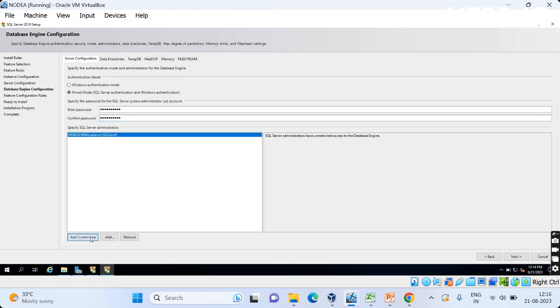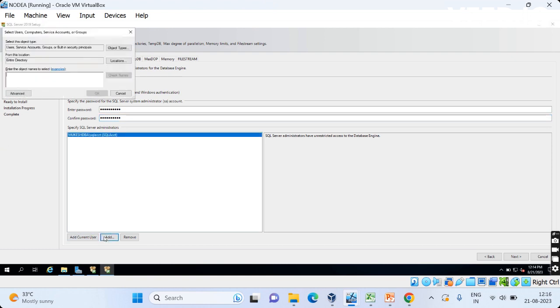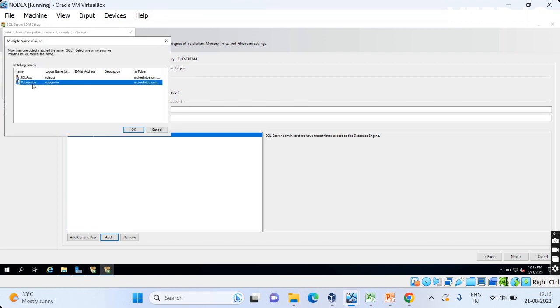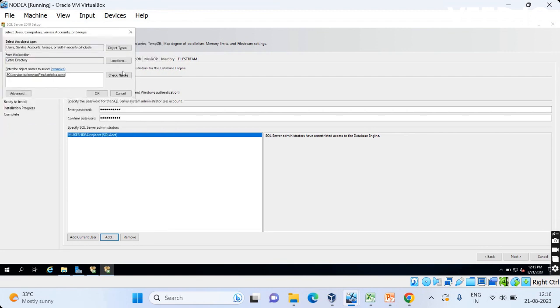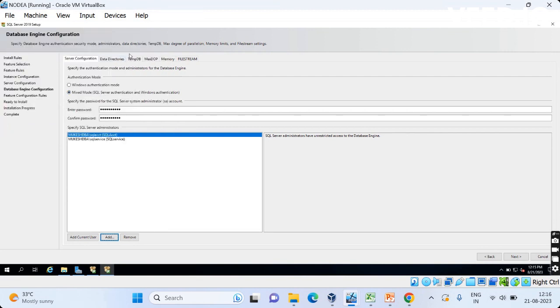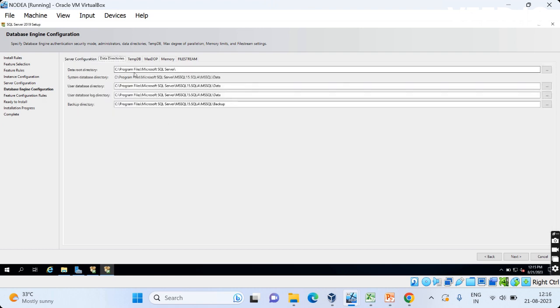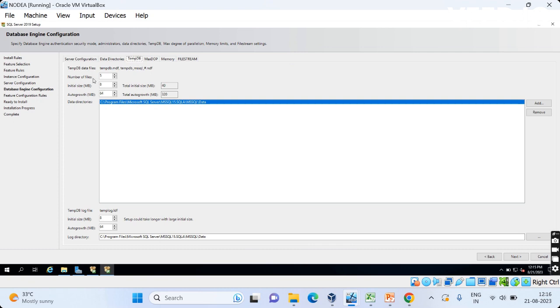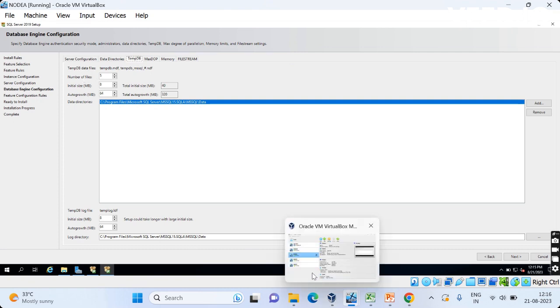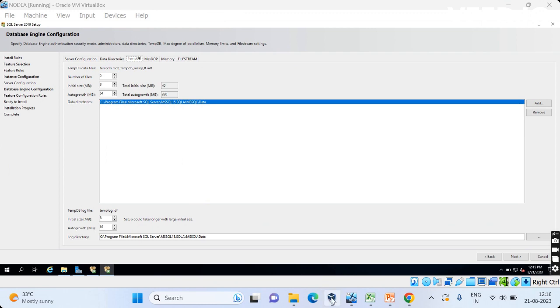Current user as well as check names, SQL service. Okay, so data directories, we have only one, so let it be. So number of files is coming from course since if you see here